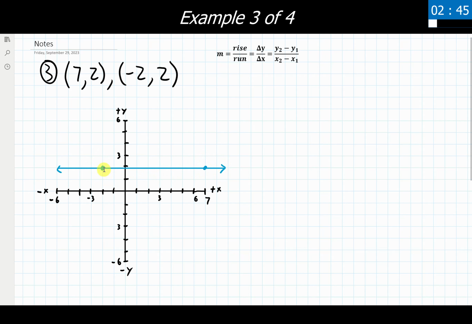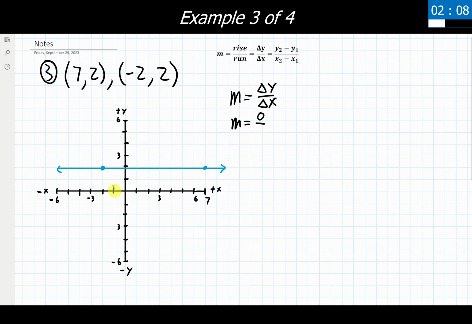So first we need to determine how much am I rising up or decreasing down by. If we're looking at this, well, this thing isn't going up at all. So if I'm thinking on my change in y or my change in x, or again, rise or run, whichever one you would like to think of, I'm not moving up or down at all. So what's my change in y going to be? 0. It's not changing in any way, shape, and form. The y value is staying the exact same from one point to the other, and we can see that written out in the 2 points here.